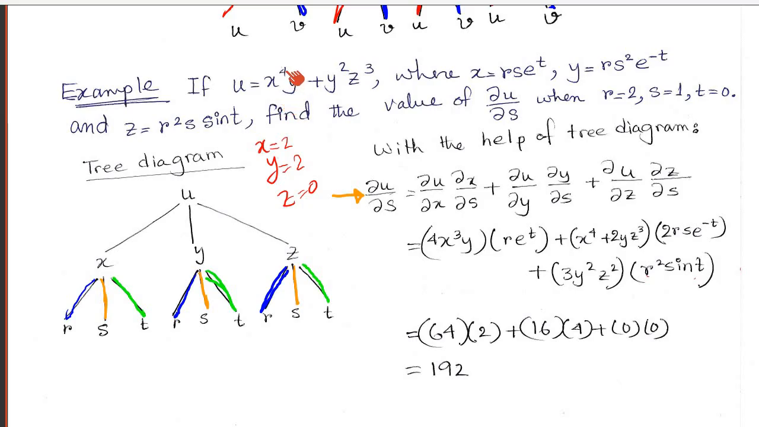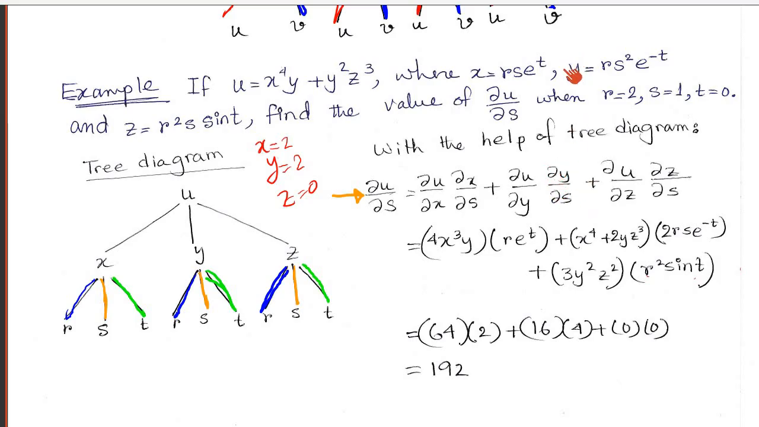Differentiate u with respect to x. So 4x cube y, this whole thing will be 0, that's it, done. dx by ds, differentiate x with respect to s, which is just 1. The coefficient of s is 1, then the other coefficients of s are r and e to the power t, so r e to the power t. Differentiate u with respect to y, so x to the power 4 into 1